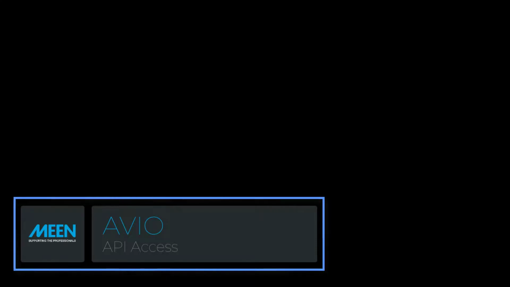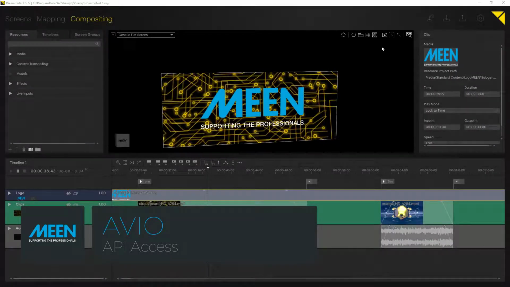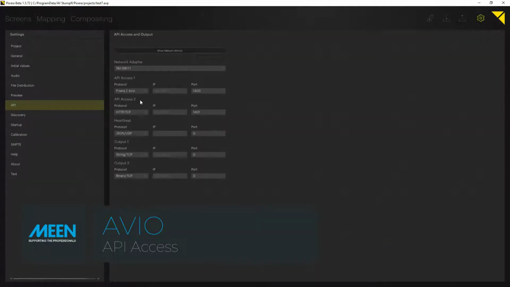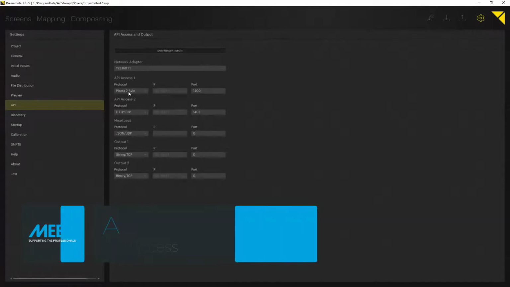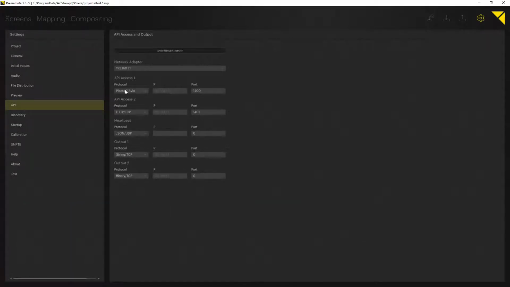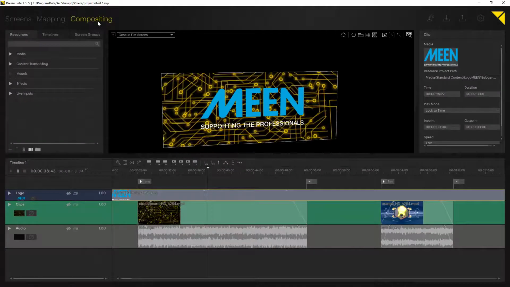So we are back in Pixera, and what we need to do here is only one time change the protocol in the RP section to Pixera to AVIO services. So this is done already here. Once this is activated, then you will see your Pixera section in your AVIO services. Back to compositing,